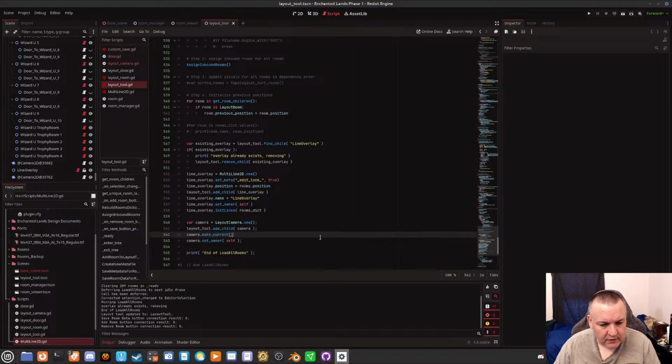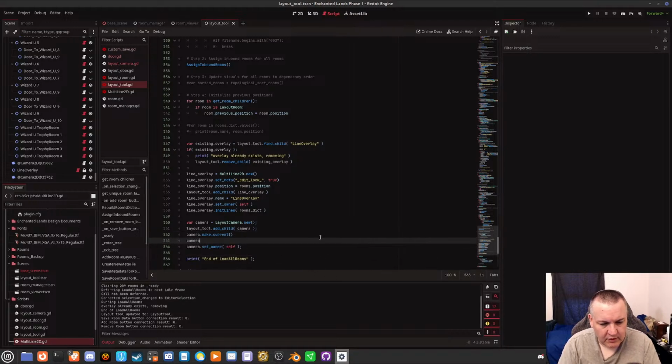Oh, fine. Camera dot set name. No, dot name. What am I thinking? Equals layout camera. And without two Y's, that would be nice.